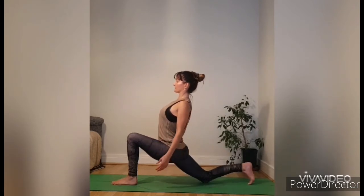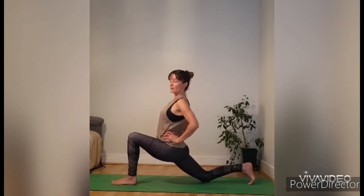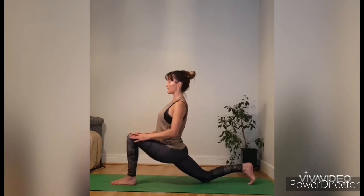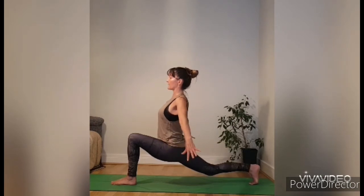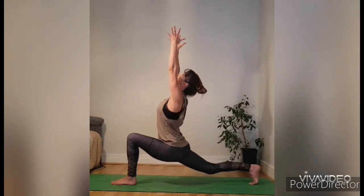Roll the shoulders back and down. So the hands are still on the hips. So without too much movement, keep the hips as low as they are. Keep the front knee where it is. Keep the torso where it is. We're tucking the back toes under and pushing through the back heel. And the consequence is that back knee lifts. If that feels okay, float the hands up to the sky, look up towards the thumbs,